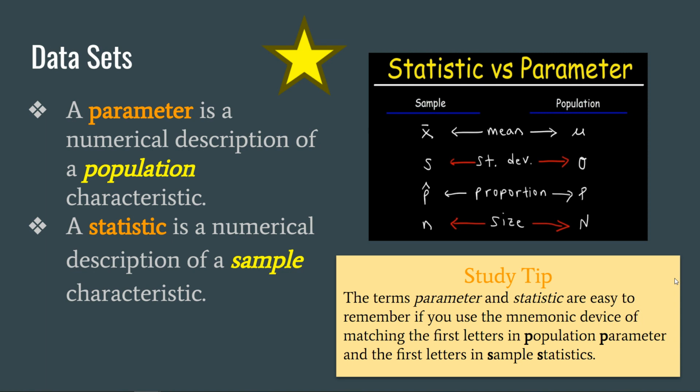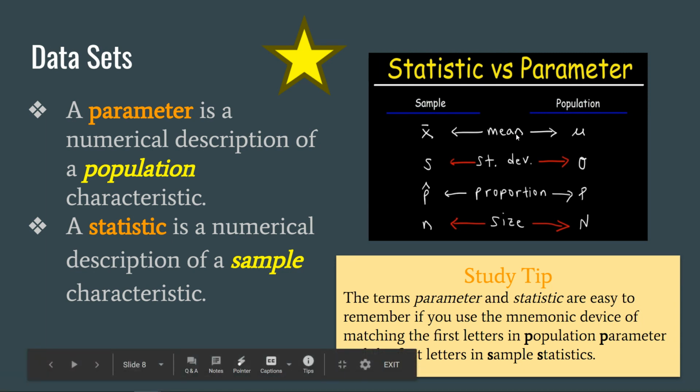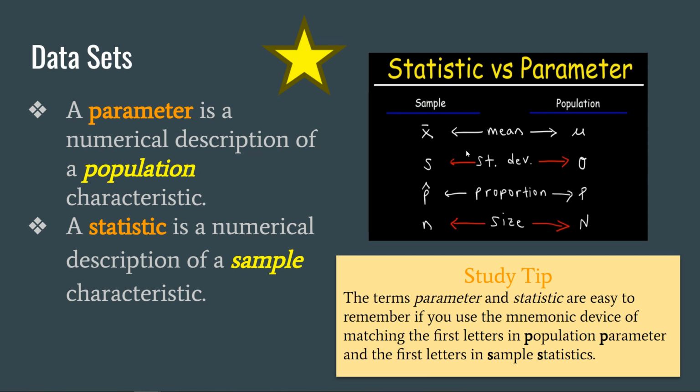So if you look at the black box here, you will see that a mean, which is another word for average, has 2 different symbols. It has x with a bar across, we call that x bar, for sample, and then this funny looking u, which is called mu, and that's for the population. So if you notice, all of these over here on the population side look like strange symbols, and the sample ones not so much. That's kind of how you can keep them straight.